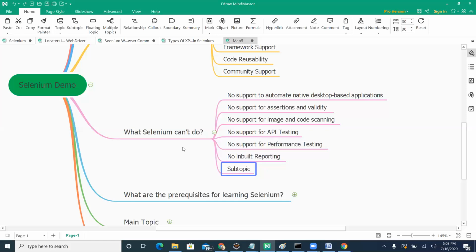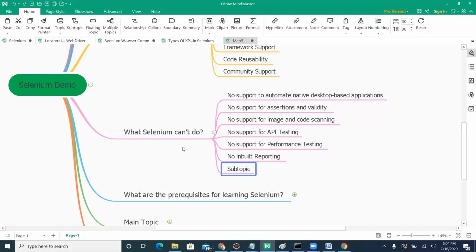The major thing is reporting in any tool. You need to have reporting benefits too: whatever test cases you execute, you need to see whether they passed or failed, or what the percentage of pass or fail is. All these things are reported to higher management or superiors. But unfortunately we don't have any support from Selenium for reporting. So we can use the JUnit report or TestNG report, or we don't need to worry about the reporting, because Selenium is very easy